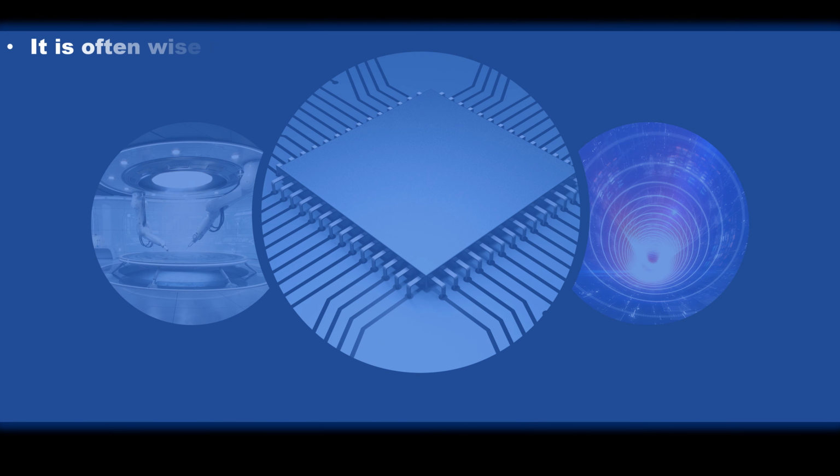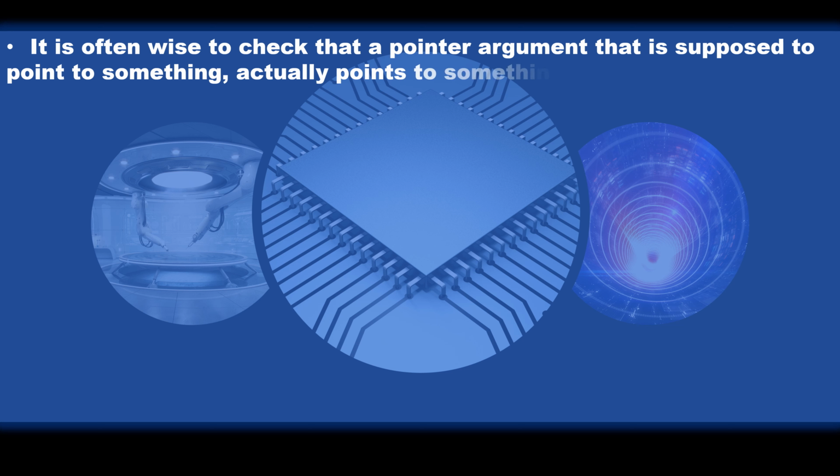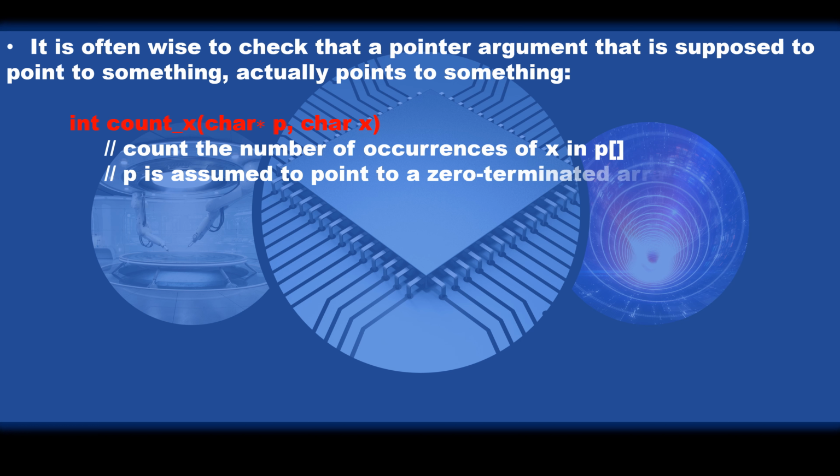It is often wise to check that a pointer argument that is supposed to point to something actually points to something. int count_x(char* p, char x) // count the number of occurrences of x in p[] // p is assumed to point to a zero-terminated array of char, or to nothing